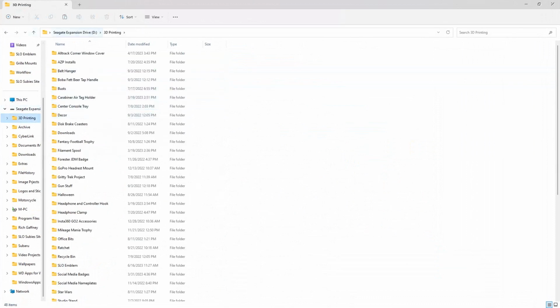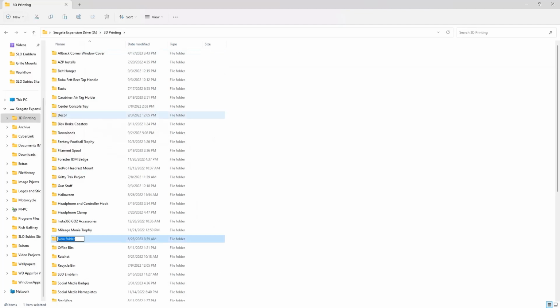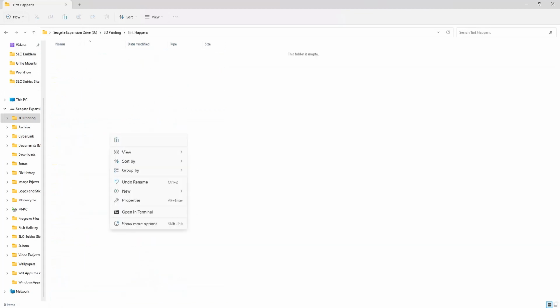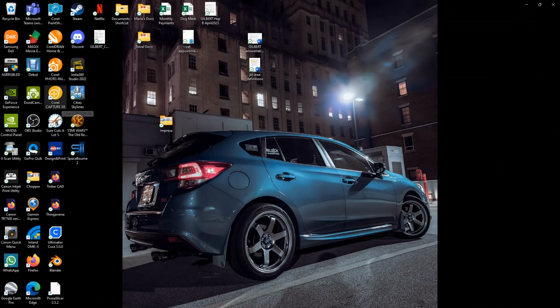I'm going to create a folder here with my other 3D printing stuff for Tint Happens. And we're just going to cut it from my download folder and paste it there. Then we'll go into,